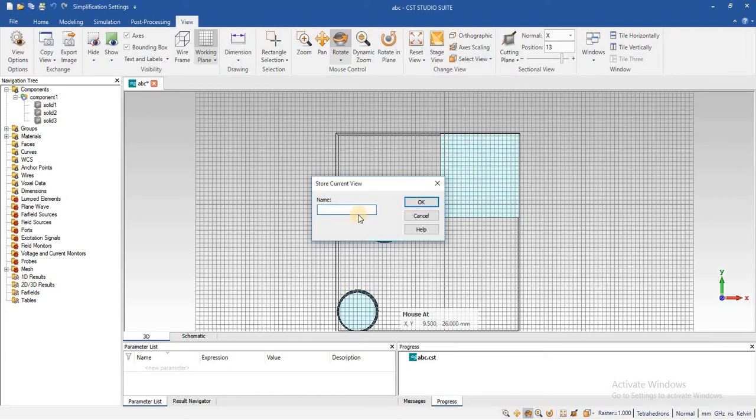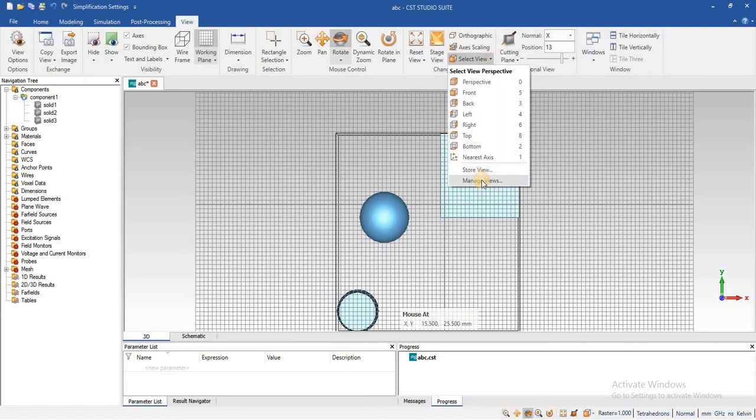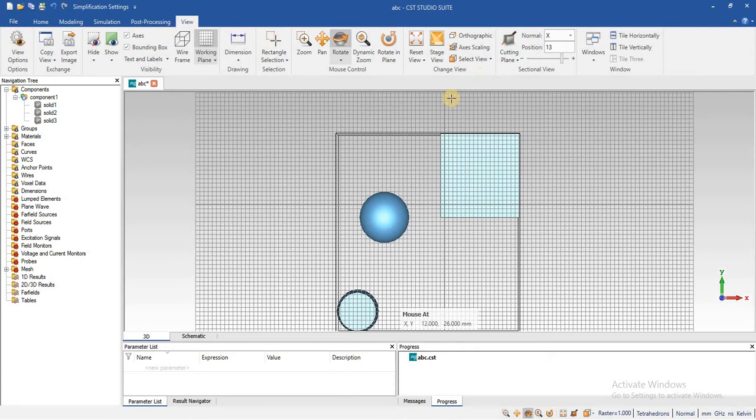If we want to give names to different views, first view, second front view, top view, for saving your project, when you have designed the complete project, you can save it with the different views with a name. Similarly you can manage the view settings also here. We will see this when we do the projects.